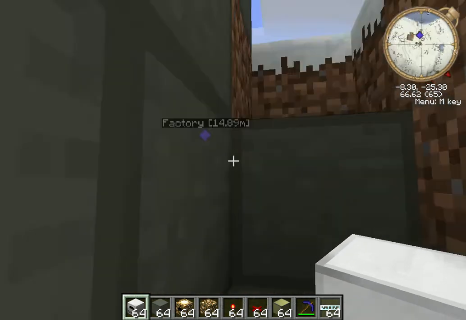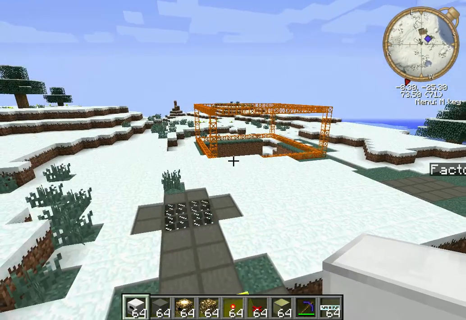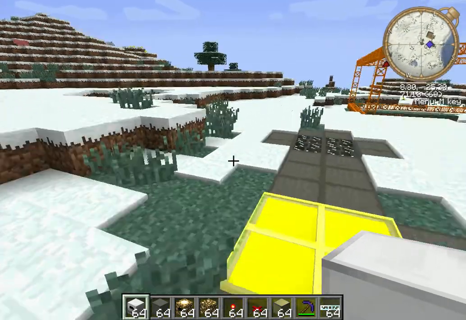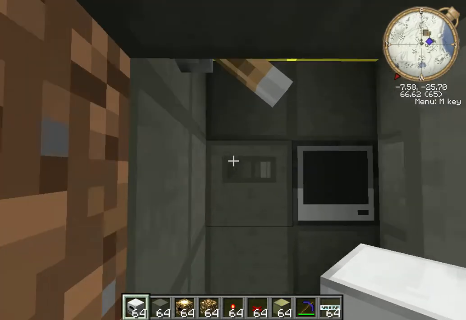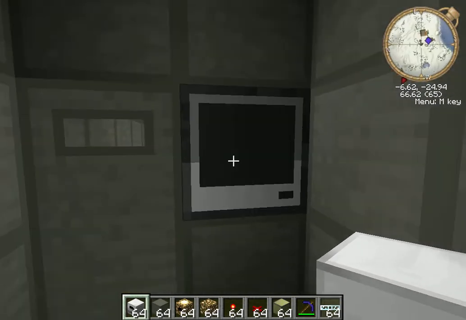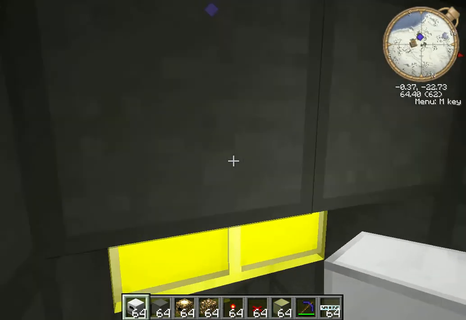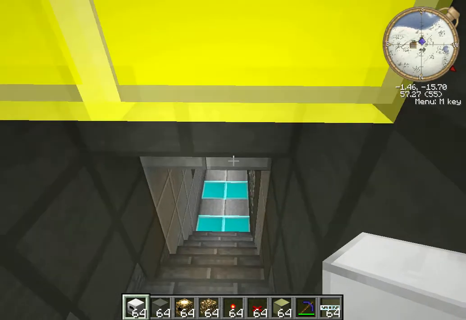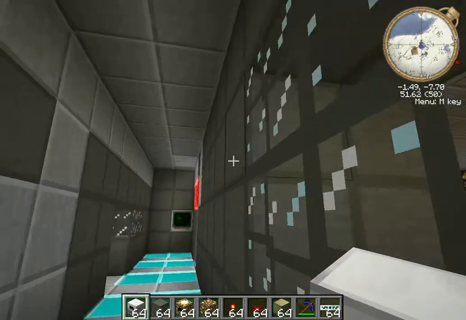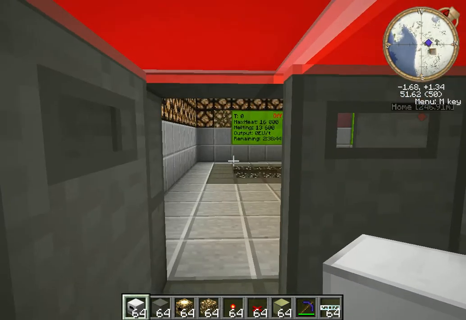This is on my creative map, obviously, because I've got everything that I've titled factory, because it has a nuclear factory, so it's pretty self-explanatory. Now, I did try to get in here, but I've forgotten the password, so I'm just going to break the door. We'll go down here. I'll show you my setup that I've got, and then I'll explain it a bit more